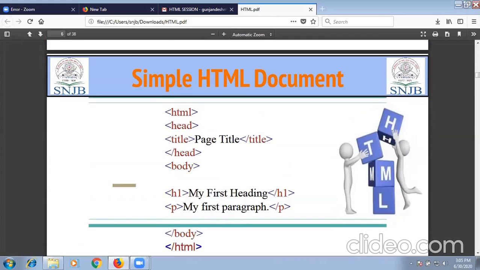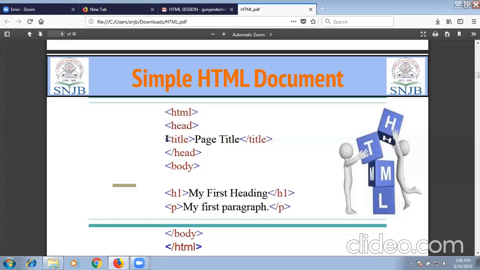We will see a simple HTML document, how the code or series of elements will be displayed to the user. Remember, your HTML document will always start with the HTML tag. Whichever tag you open, you have to close it. So first you open the HTML tag, then you end it with /HTML. Then the HTML document consists of two parts. First is the head section, second is your body section, like our body. In the head section you can give the title to the web page.